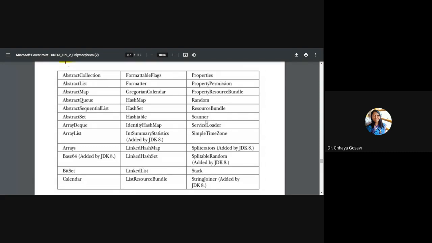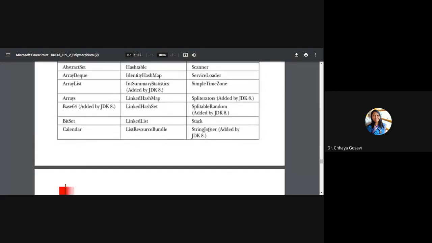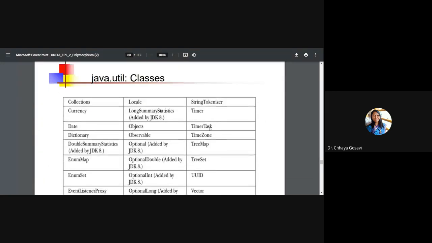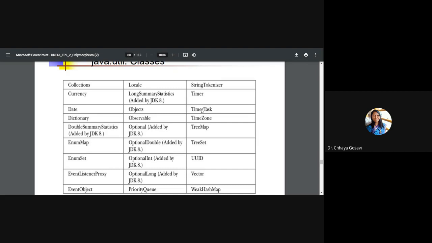We use the Scanner class to accept variables from the user. We import this class as java.util.Scanner. Then a Random class to generate random numbers. These are again classes which are available in the java.util package.